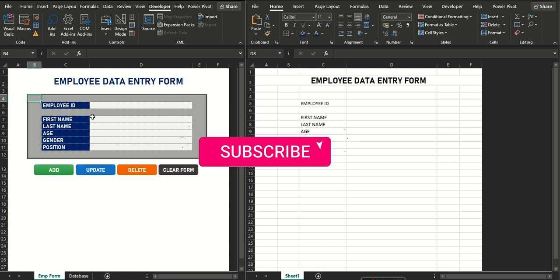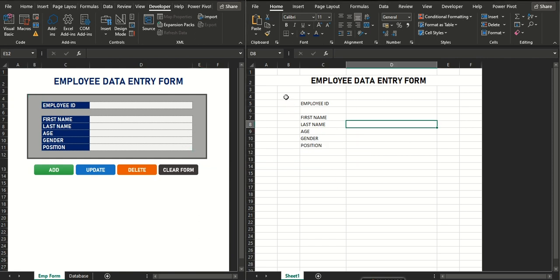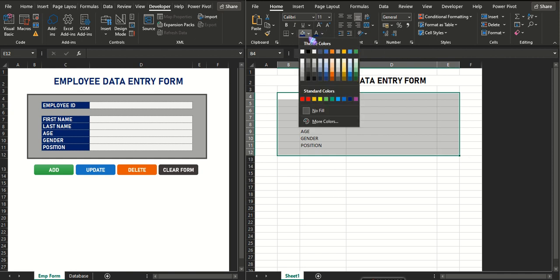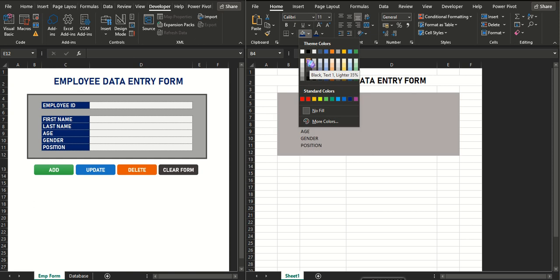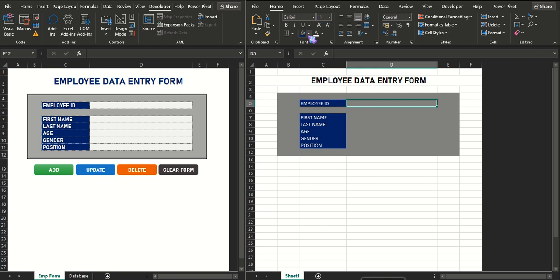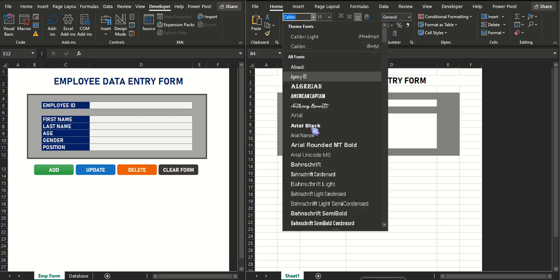And from range B4 to E12, let's fill in the background something gray and change the cell color of the text field titles, and then color the cell adjacent to the text field titles white. Change the font style,